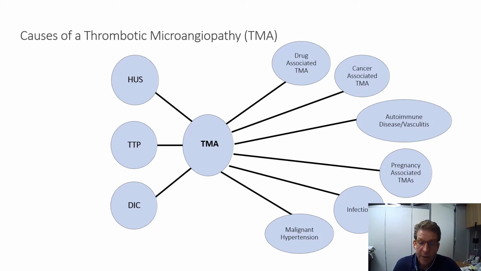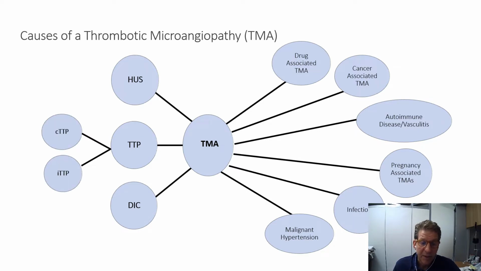The term thrombotic microangiopathy has to be emphasized: it is not a diagnosis, it's a finding, and it can be seen as a result of multiple etiologies. We'll talk more about TTP and HUS. But patients with DIC, drug-induced TMAs, metastatic cancer-induced TMAs, autoimmune disorders, and pregnancy can lead to several forms of TMA, including HELLP syndrome, infections, and in particular malignant hypertension, which we'll talk about more later in this presentation, both as an acute and chronic cause of thrombotic microangiopathies.